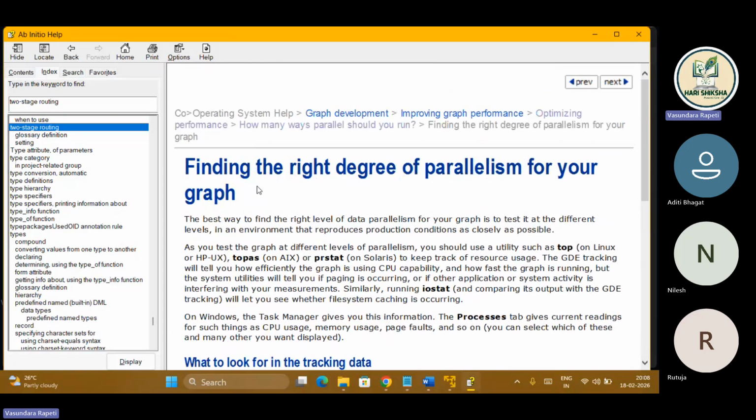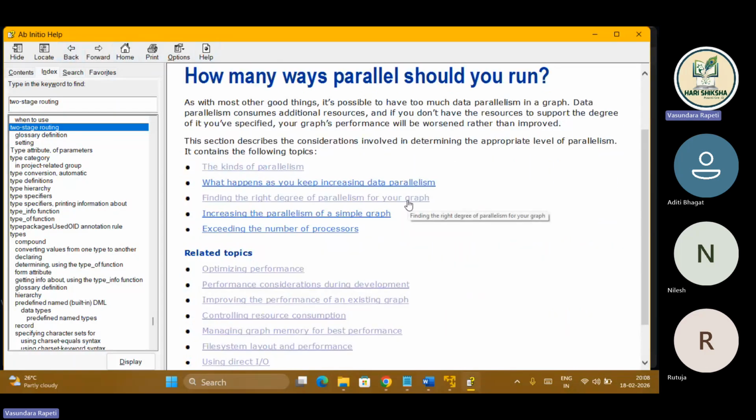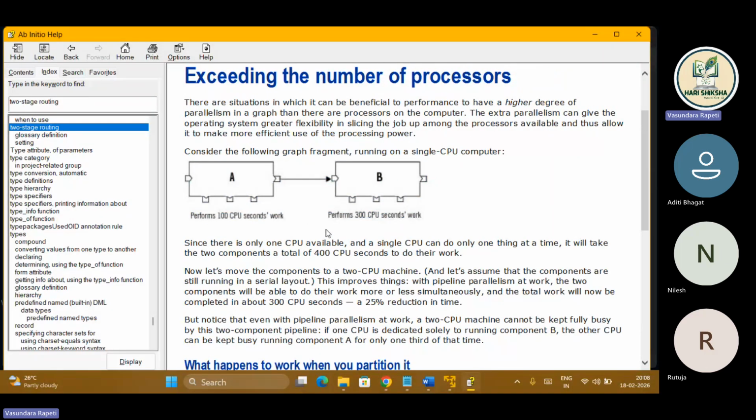Based on that, this is the task of whoever creates the parallelism, like the TM administrator team. These people see all the resources and they create it in real time. Also, the developer has access, like okay, this is a 32-way file, you have a 32-way layout, use that. But who decides what the degree of parallelism should be? That is all decided by the TM administrator teams. Exceeding the number of processors,